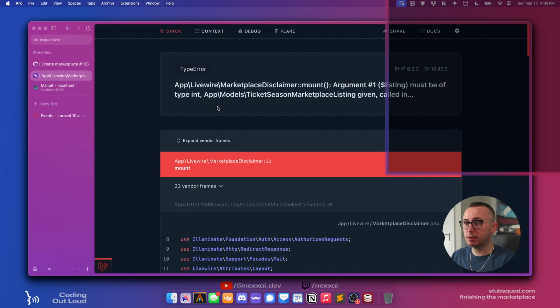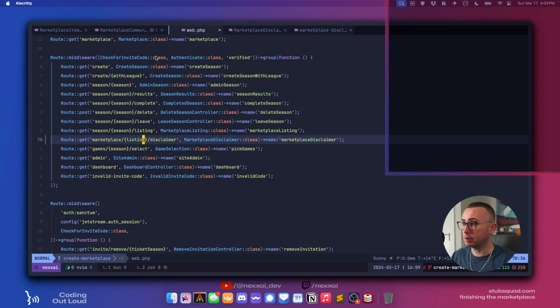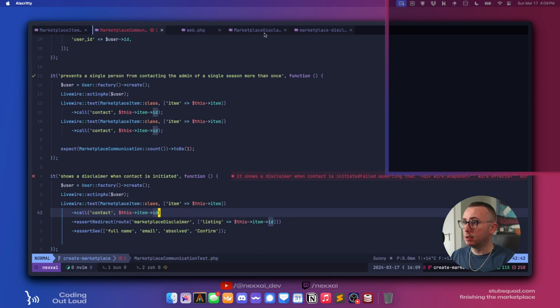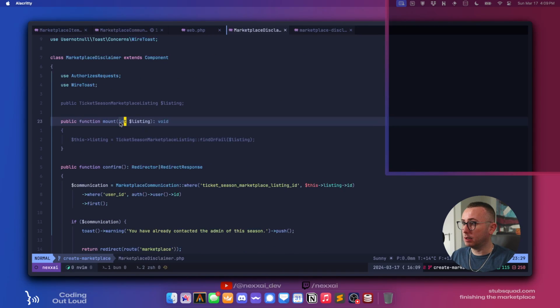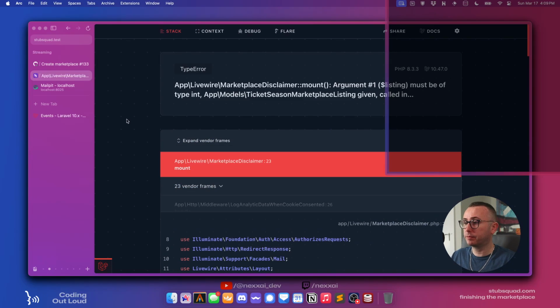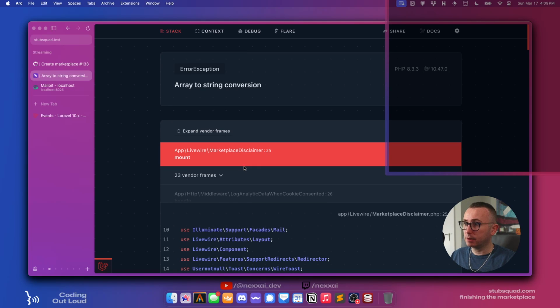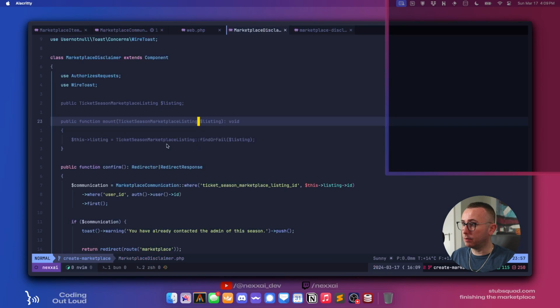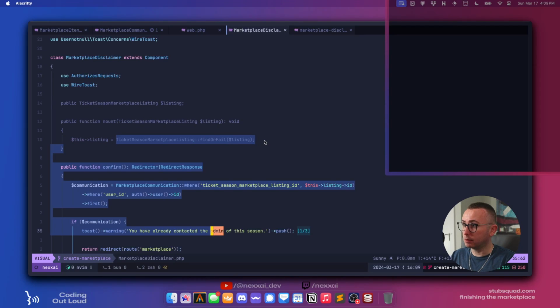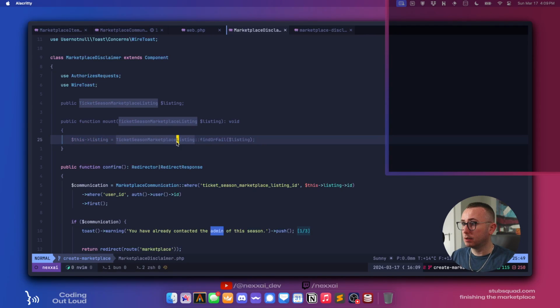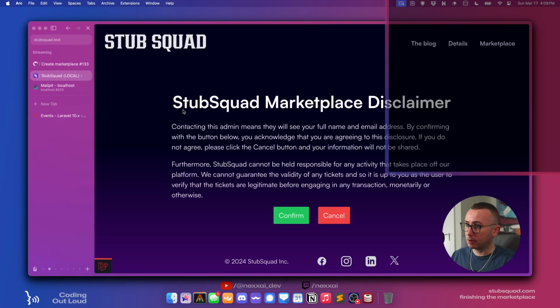So if we refresh this, must be of type int. Oh, okay, so it's even going to do that for us. So that's awesome. So we can say ticket season marketplace listing. Yep. Okay. Array to string conversion. Marketplace 25. This listing. You just go like this. Listing. Oh my goodness. Cool. That should work. Awesome.